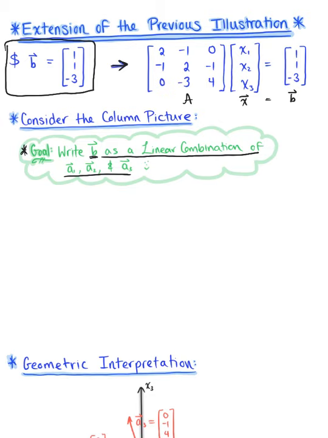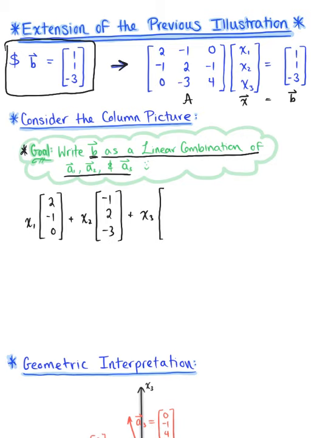So let's take this system and write it in the equivalent vector equation form. So we have x sub 1 times our first column vector, 2, negative 1, 0, plus the scalar x sub 2 multiplied by the second column vector, negative 1, 2, negative 3, plus that third scalar, or the weight or coefficient, multiplied by the third column vector, 0, negative 1, 4. So that linear combination is still the same thus far, but now this is equal to the constant vector B,